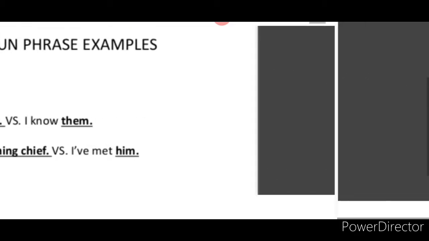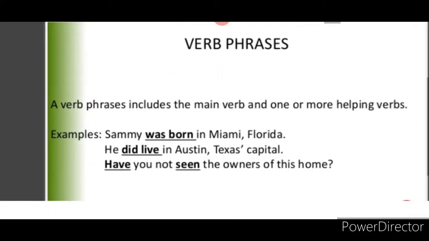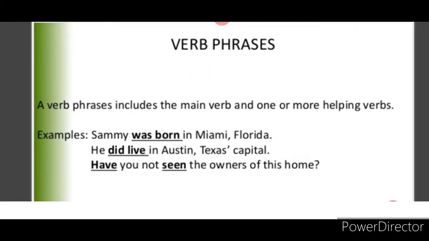Okay children, so now let us discuss the verb phrases. What is a verb phrase? Already you know what a verb is. A verb is the action, or it gives you an activity or work done by the subject. Now let us discuss what a verb phrase is. Very easy. Along with the verb we get a group of words. That is the verb phrase. Along with the noun we get a group of words. That is the noun phrase. If you are very clear about what a noun, verb, adjective and adverb are, you will go with the answers.